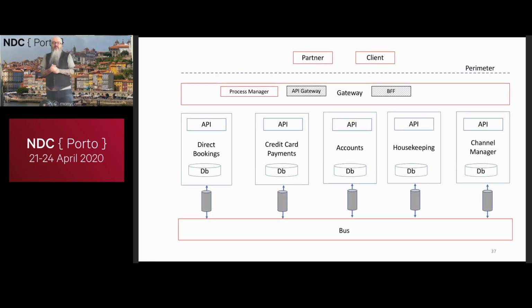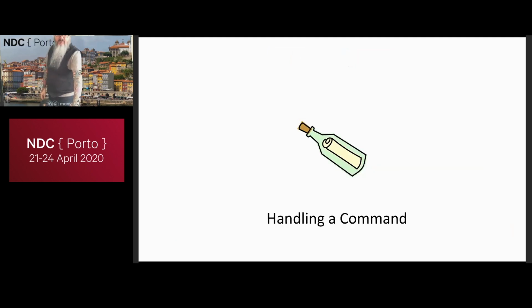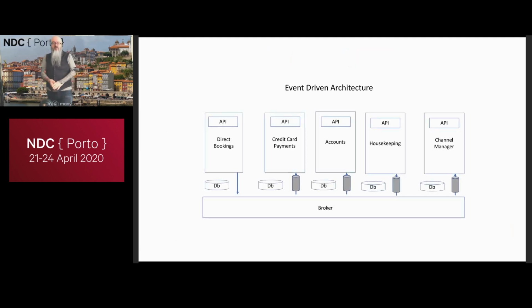Okay, so imagine that I want to now handle a command with this architecture. So I want to basically create a new booking, and we looked at that. That was the first example we looked at in our monolith. So I'm saying, hey, a new booking comes in, and I'm going to write that basically to my direct bookings, and bookings is going to then raise a message because we've got nice asynchronous communication between our microservices saying a new booking has been made. And what we want to happen is that the customer gets charged for that booking, and then we basically reserve the room in housekeeping and a channel manager.